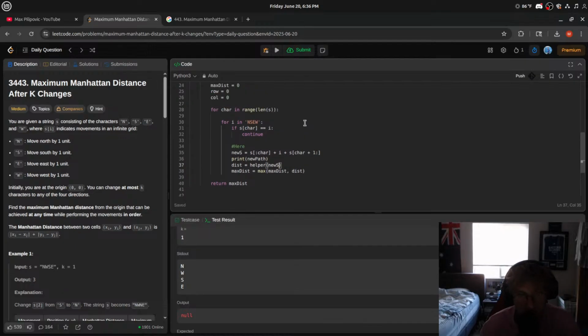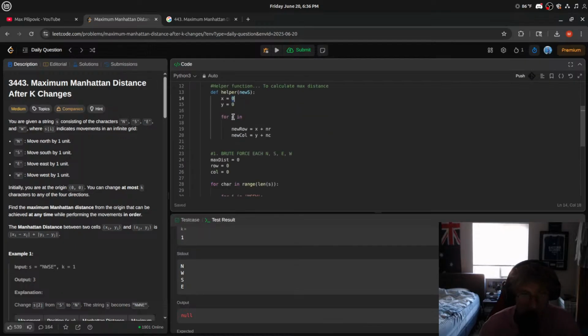This is new s. Pass in our new s. For d in directions, for d in new s, we want to do